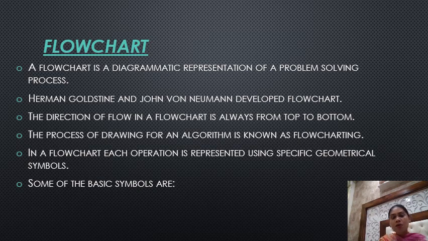Next, Hermann Goldstine and John von Neumann developed the flowchart. The direction of flow in a flowchart is always from top to bottom. The process of drawing a flowchart for an algorithm is known as flowcharting. In a flowchart, each operation is represented using specific geometrical symbols, and some of the basic symbols used in the flowchart are